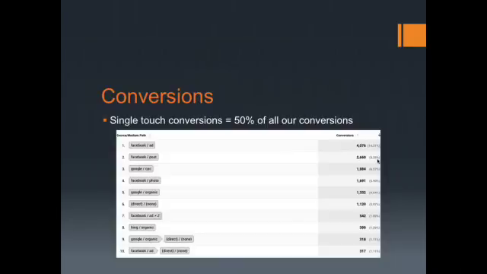So as you can see here, here's my top 10. This is showing all types of conversions. You can see the first one is Facebook ads, then we have Facebook posts, and you walk right down the list. So you use that Google URL builder, you can see the source is Facebook and the medium is ad.